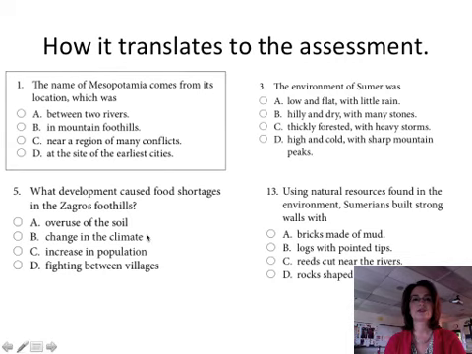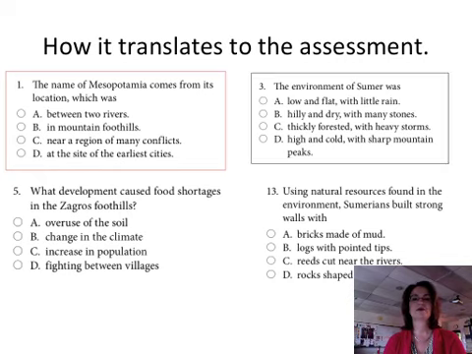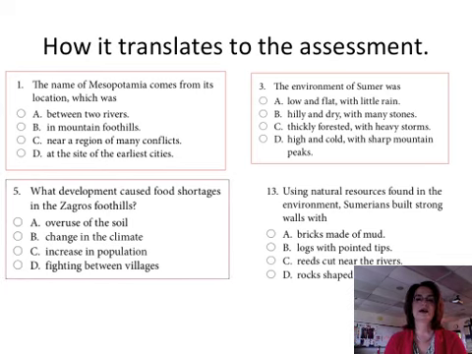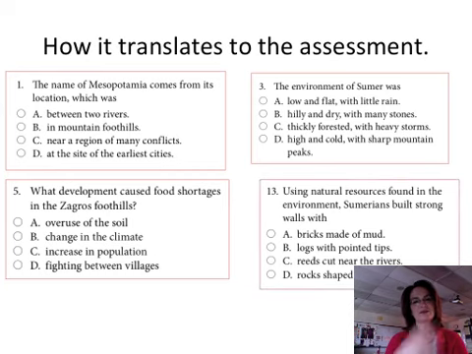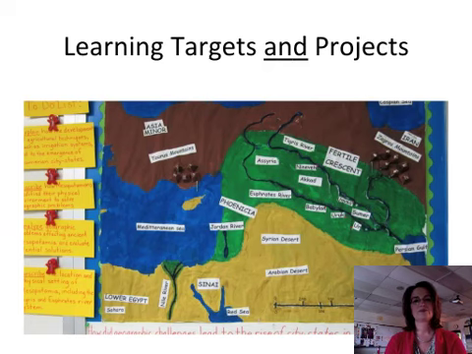when the students read the questions, they can immediately have a mental picture of the map that they created, and the questions become so easy because we've talked about them, we've felt the land, we've realized that there weren't a lot of trees, that they would have their walls made out of bricks made out of mud, because there weren't a lot of trees, there weren't a lot of rocks, and we proved that when we made the map. So that was one aspect of turning that project into a combination.